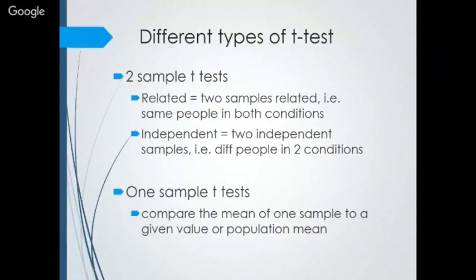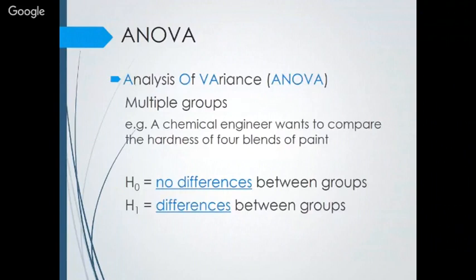And one more t-test is there, that is the one sample t-test. It compares the mean of one sample to a given value of the population mean. So in that case we record a global standard. For example, as I already said, in the case of electricity, 230 volt is the normal criterion. Like that, when some population mean is there, we can compare that population mean with the sample mean. For that, we can use the one sample t-test. Otherwise, we have to assume some population mean.